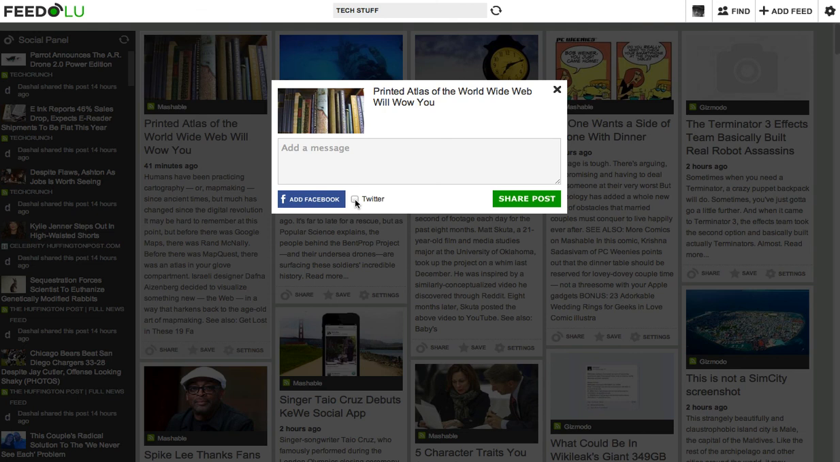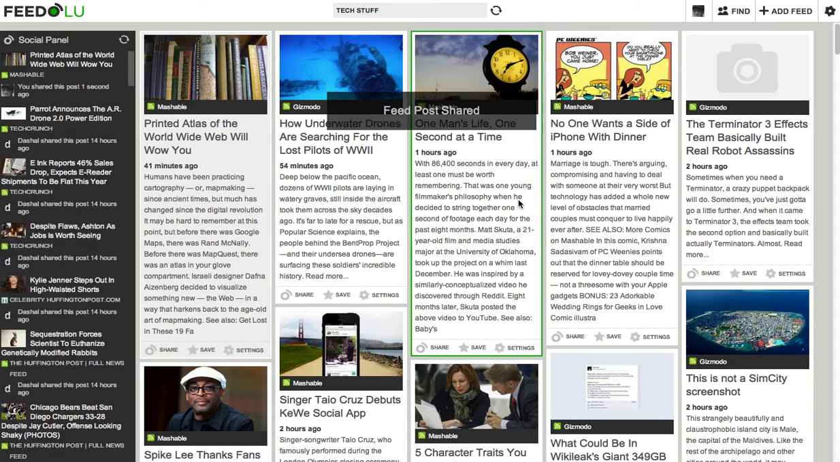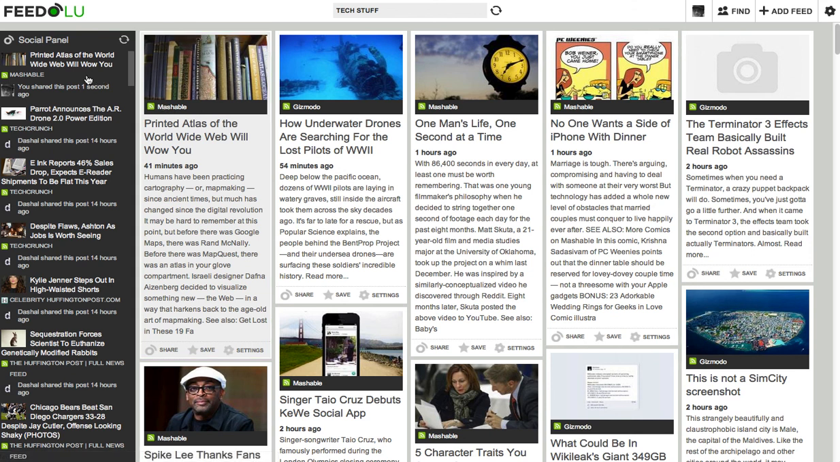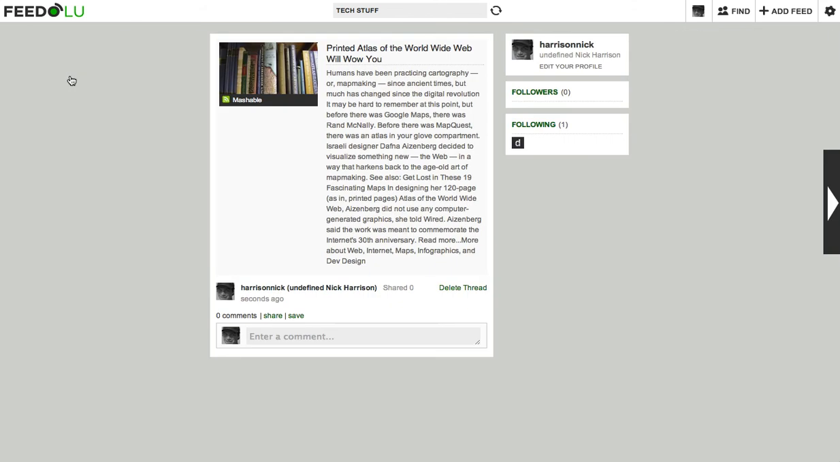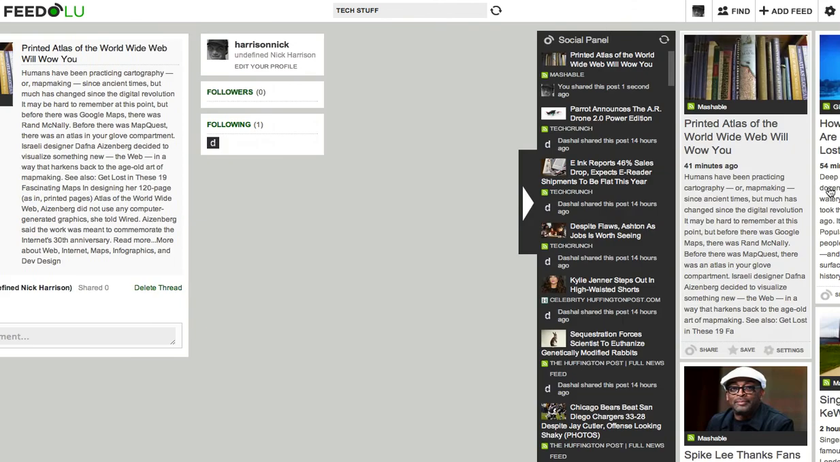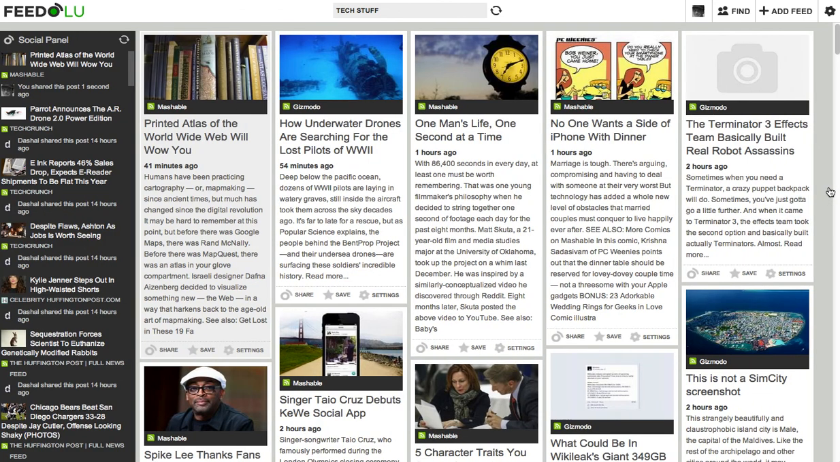checkbox here. All you have to do is click on this checkbox, and if I click, I can add a message. Right now I'm just not going to. Click Share Post. Alright, and so right there I've shared it on Twitter, and I've also created this thread over here that people can comment on. And one other feature I really love about Feedolu is